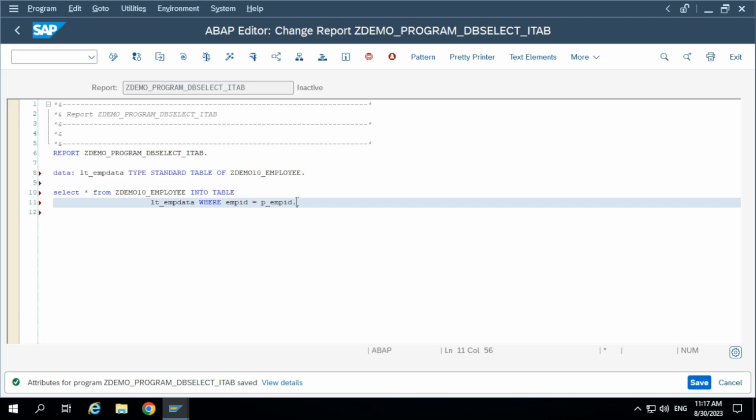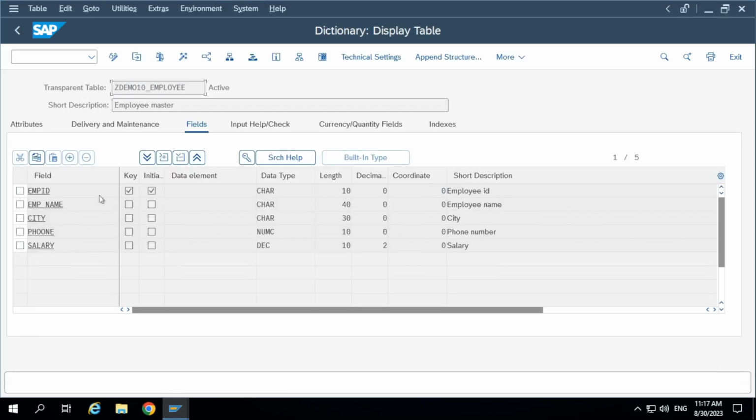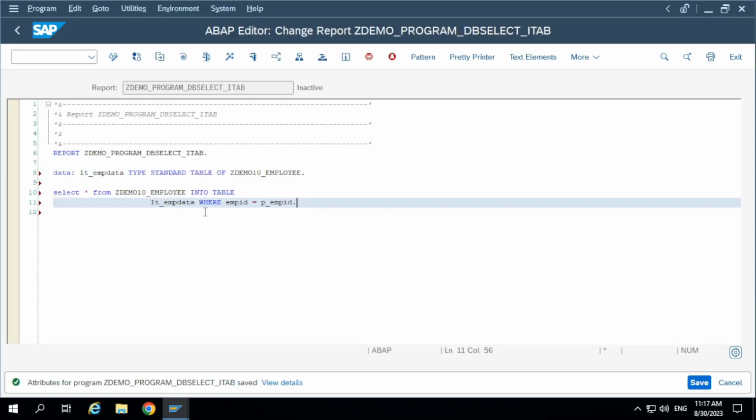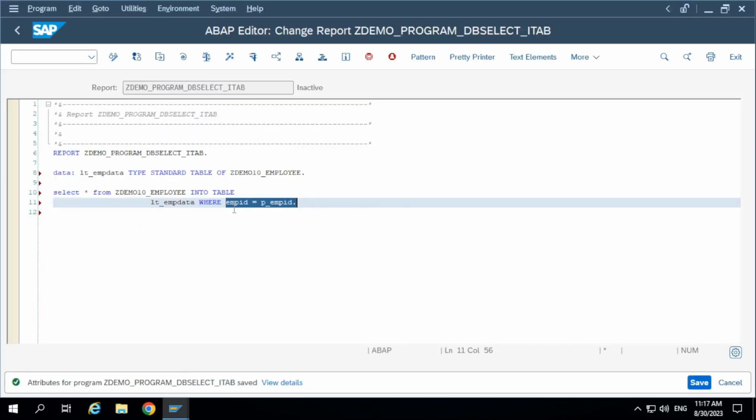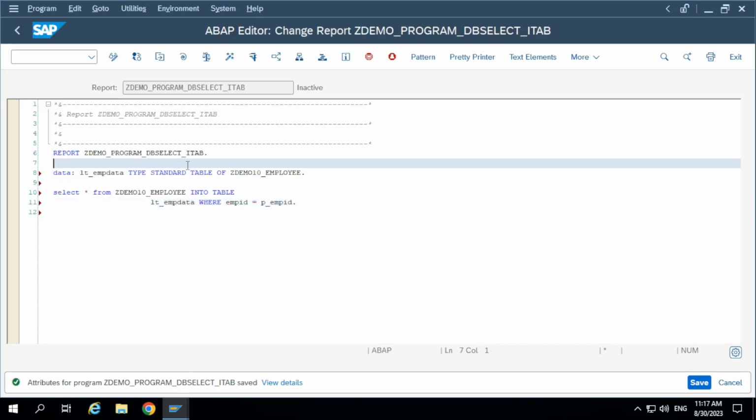But if you are sure about the primary key, there is only one primary key and you are passing only that same primary key here, no other fields, then you don't need to use an internal table. You can go for the work area. Okay. So when we go for an internal table, let's assume,